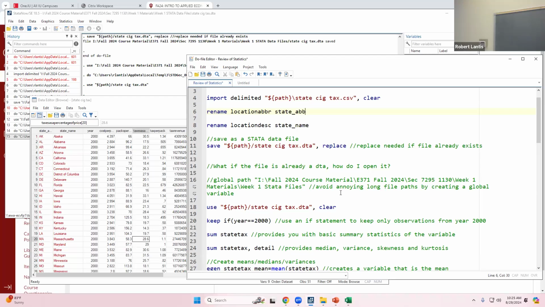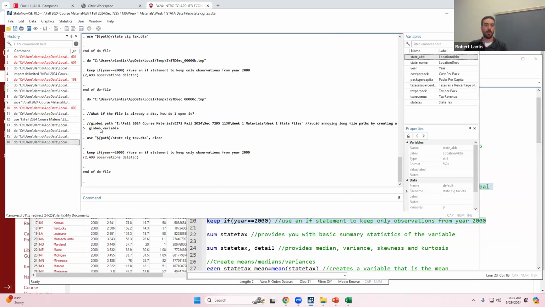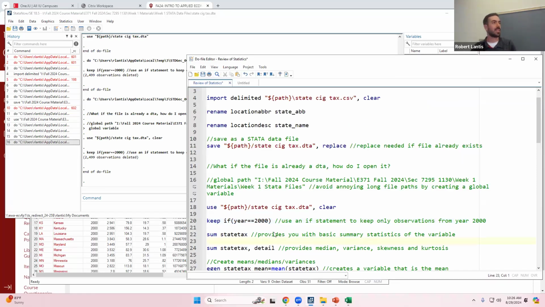So for instance, if I want to run large sections, so let's say I just highlight all of this, it will not have an issue getting through. It'll put those comments up there, but it knows that it's not code, it doesn't have to do anything, it's just displaying that text. And it's really just a way for you to remind yourself, even as you're working on it, what you were doing on each line of code. Here, I'm telling you what I'm doing on each line of code by using these comments. Does that make sense?